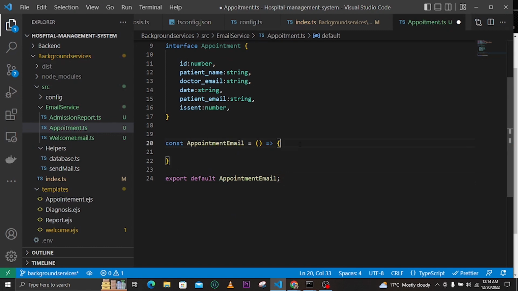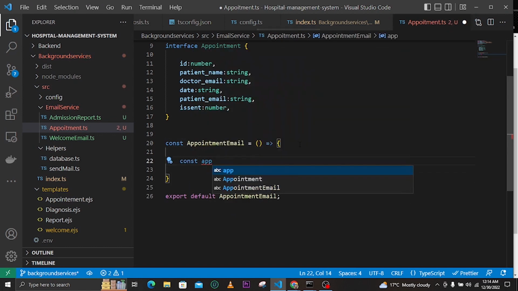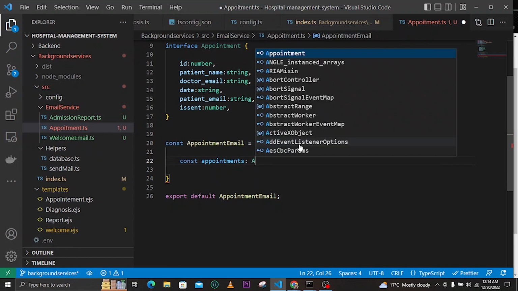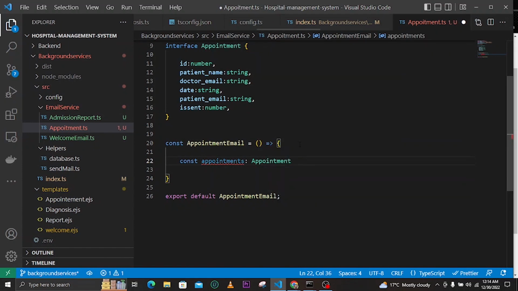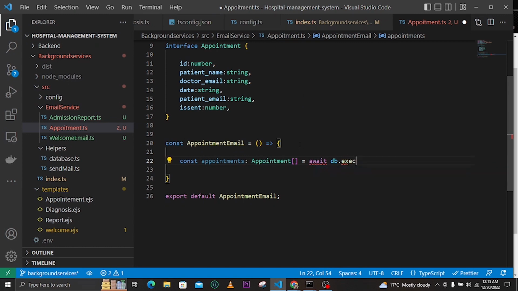Now inside here we need const appointments, and this appointments is an array of appointments, and we need to strongly type it and give it an interface of appointments array, and then we just say await and then db.exec here,